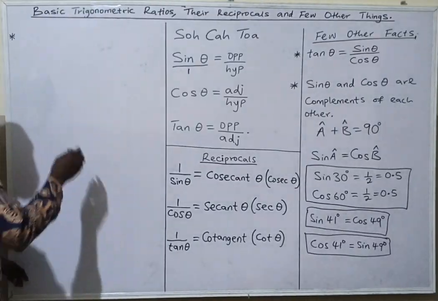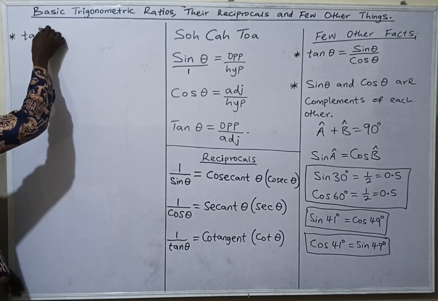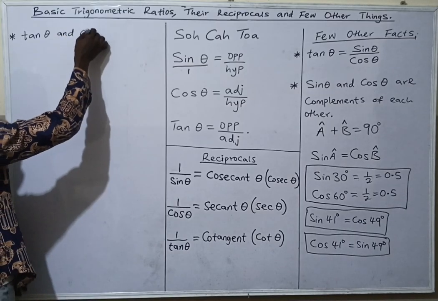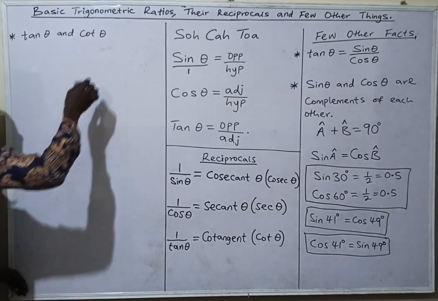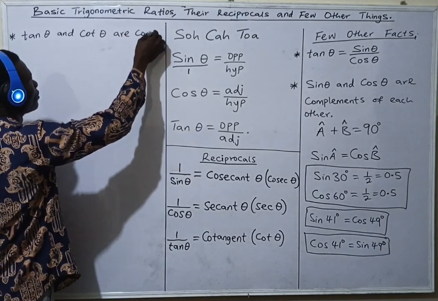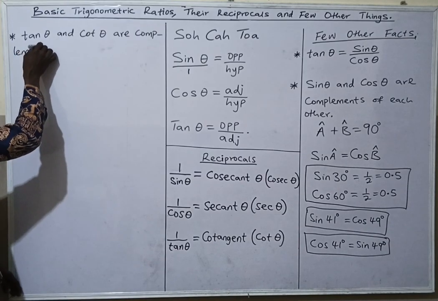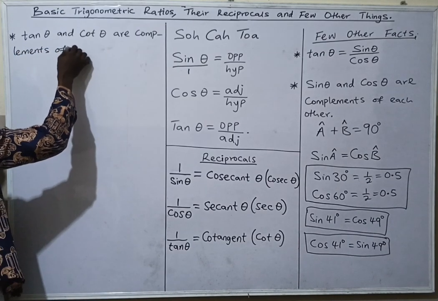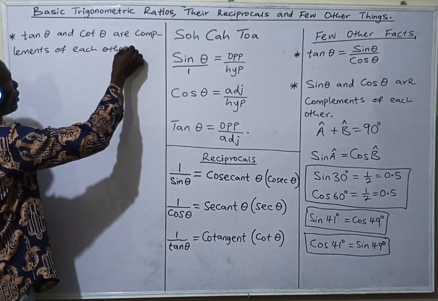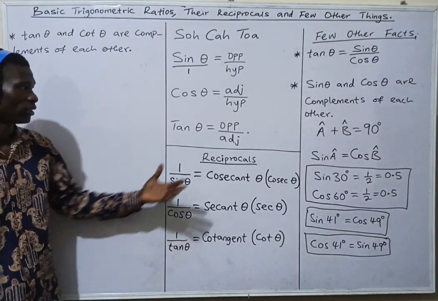Third fact: tangent, tan theta, and cot theta, that's cotangent theta, are complements of each other. That is, tan theta and cot theta also complement each other, just like sin theta and cos